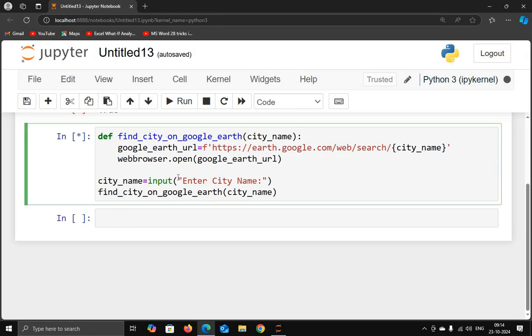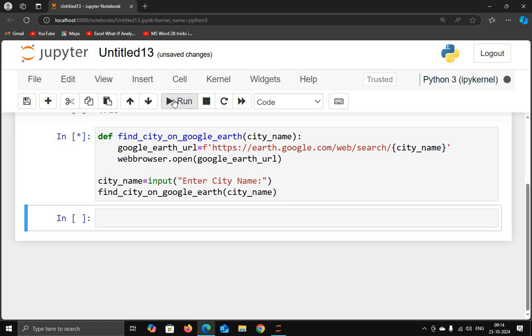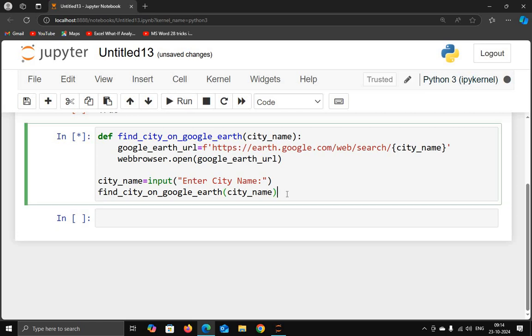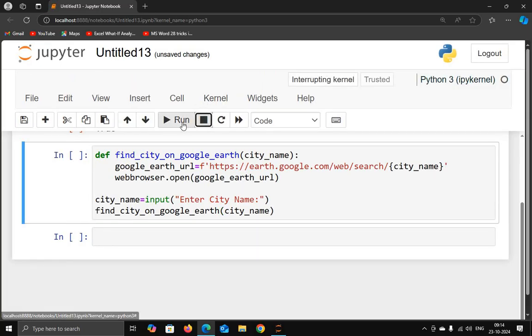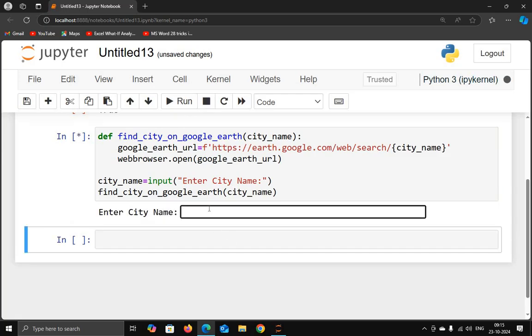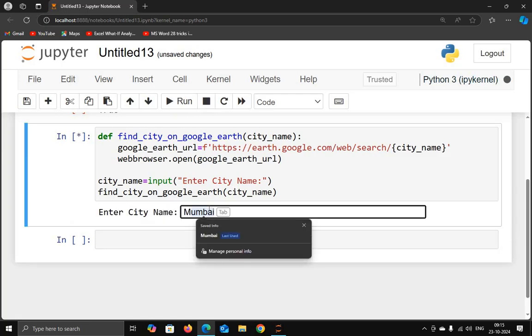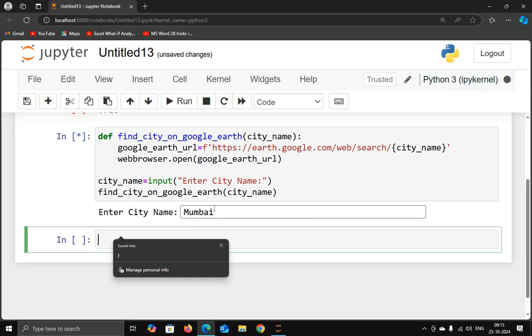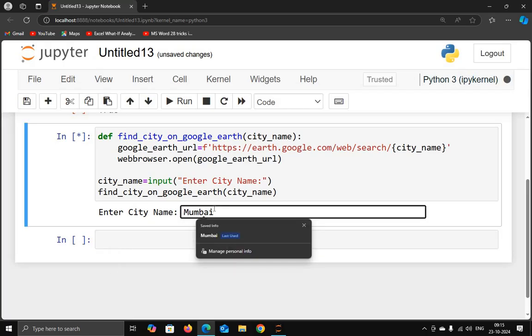Just wait. And now enter city name. Let's say city name is Mumbai. Press enter,